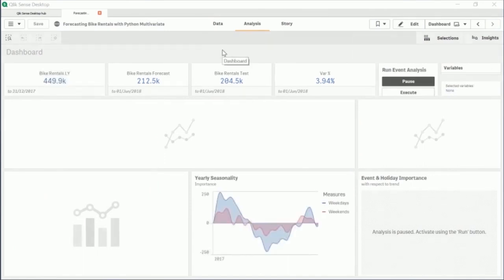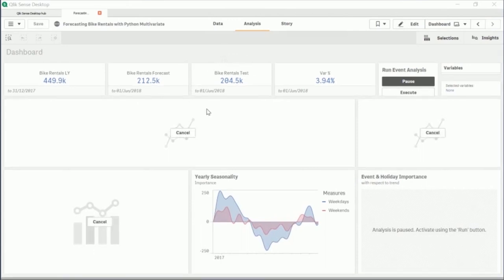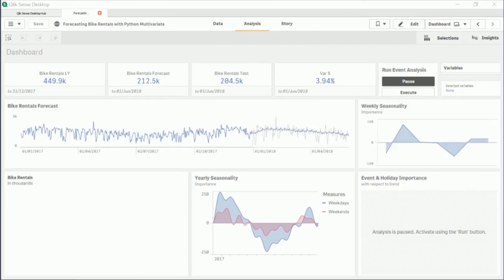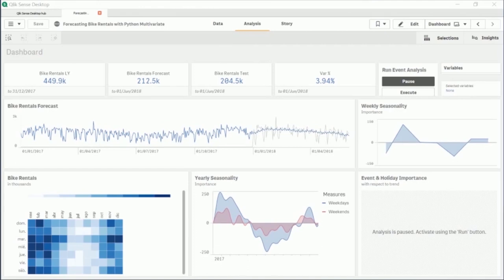As I already told you, everything is running in real time, so that's why it's taking its time to show the graphs. We are already making the calculations necessary for the forecast. Okay, so here we have a few indicators and the graph of our historical data and our forecasting data.